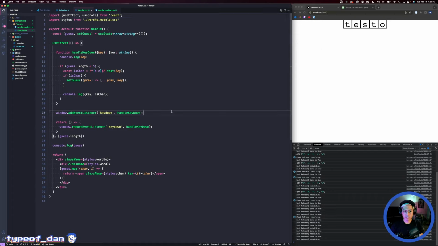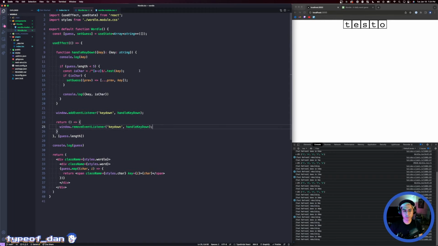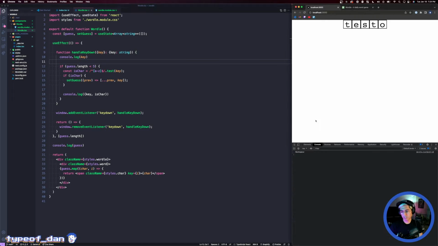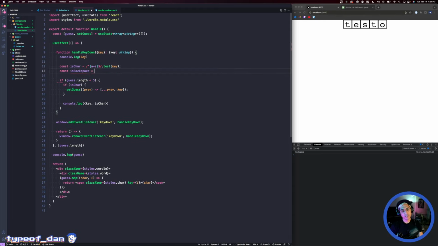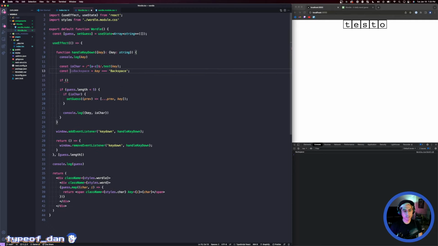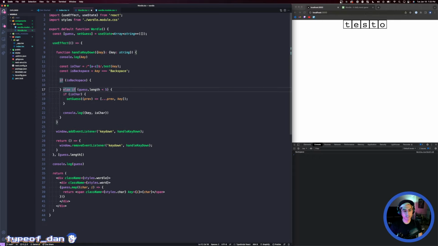Okay, so we can add words, or rather we can add letters to our current word. Let's handle backspace. So handle key down takes an incoming key, right? And you may have seen that Backspace is the actual key that gets logged if I hit backspace. Cool. So let's bring isCar out, and then we can say const isBackspace equals key. Cool. So we can say if isBackspace, else if